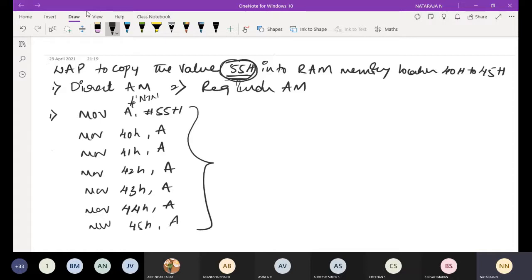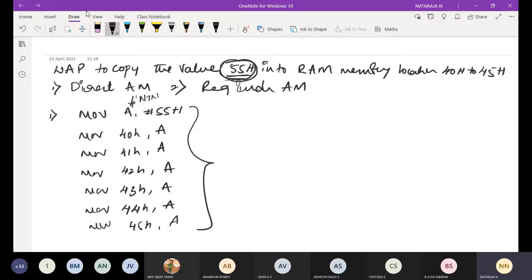Then move 40H comma A. Whatever the strength of your class, say 57, all 57 members are different memory locations. USN number 1 is one location, 2 is one location, 3 is one location.